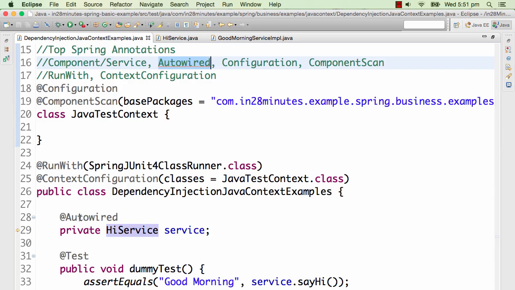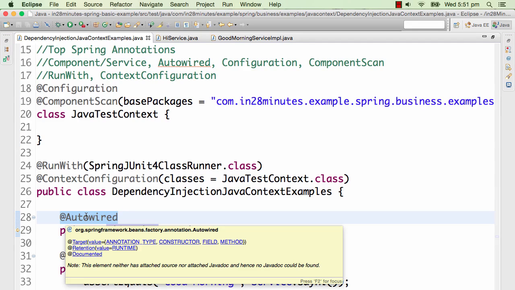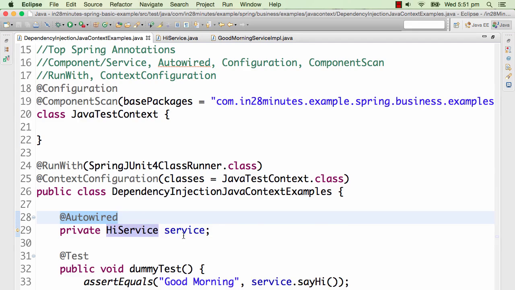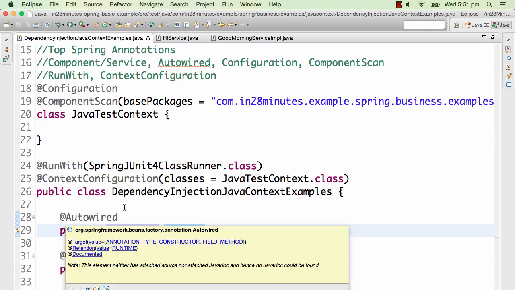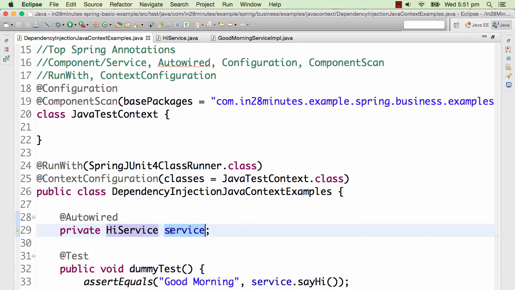That's basically the @Autowired. So when we put an @Autowired on top of any particular member variable, or it can be on top of a constructor, or it can be on top of a setter method. In all the cases, what we are telling Spring is,